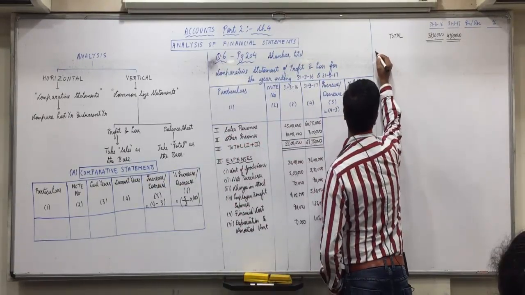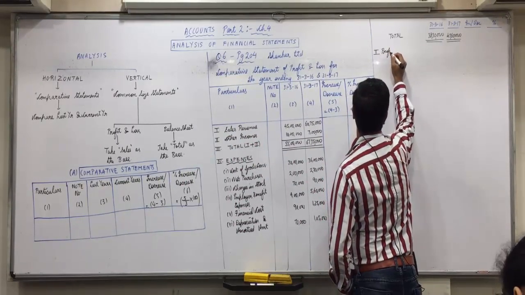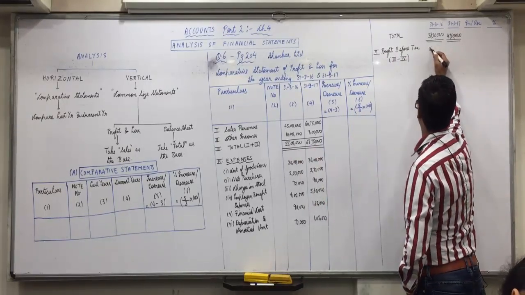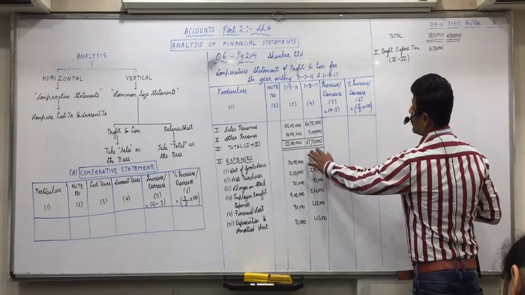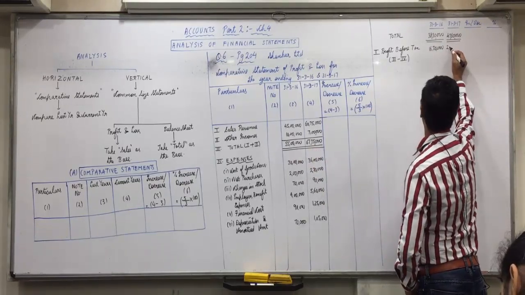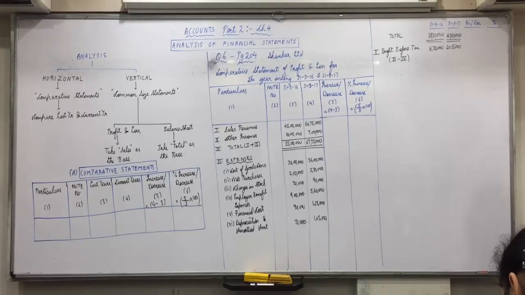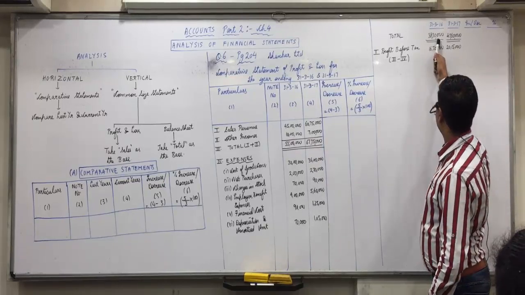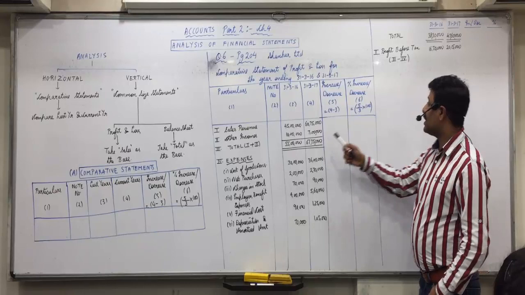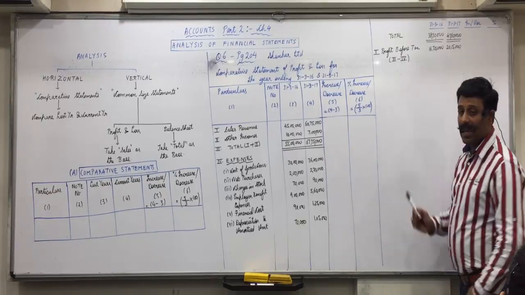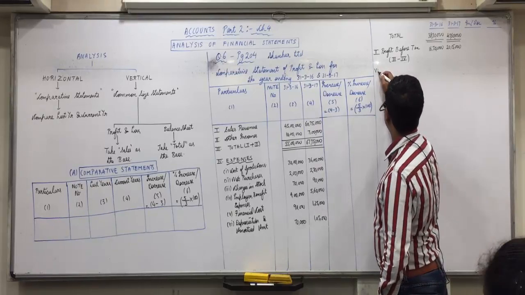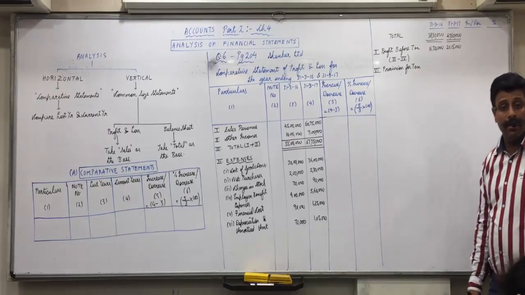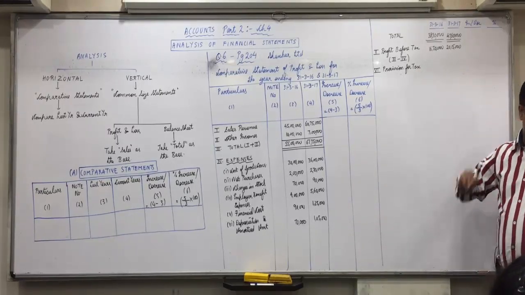Now, fifth, profit before tax, bracket 3 minus 4. 55 lakh minus 38 lakh 30,000, 16 lakh 70,000. 67 lakh 75,000 minus 47 lakh 60,000, 20 lakh 15,000. Did you understand this? Sixth, provision for tax. See in the question, last information, income tax rate is 30%. Raise your hand who is still writing till profit before tax.